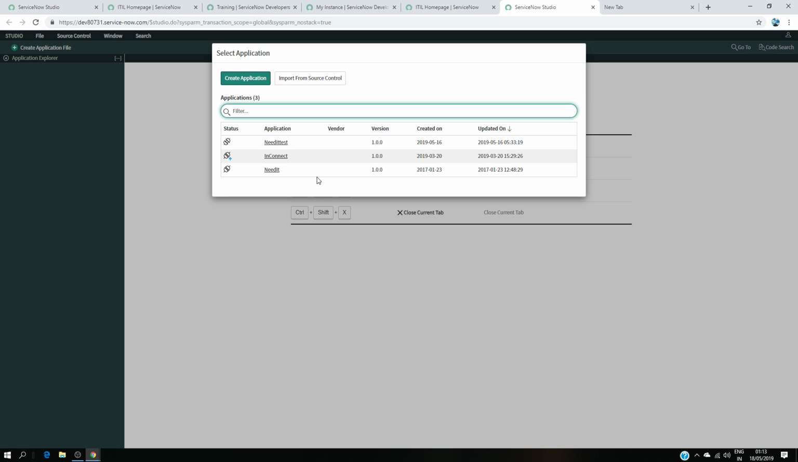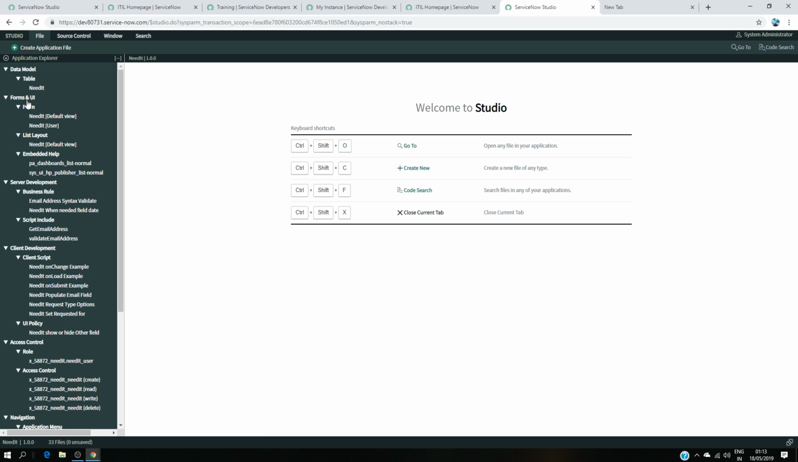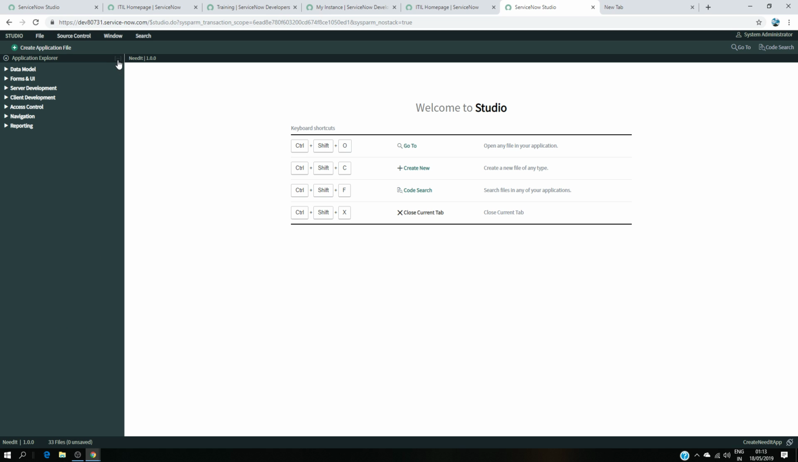So far I have Needit test, another one that I'm working on, and this one is basically just me training myself on how to create the Needit application. What are the different aspects involved in creating that application? So I'm going to open the Needit application. As you can see here, there is a huge amount of information. You can click on this minus button, which is going to collapse everything, and I'm going to explain